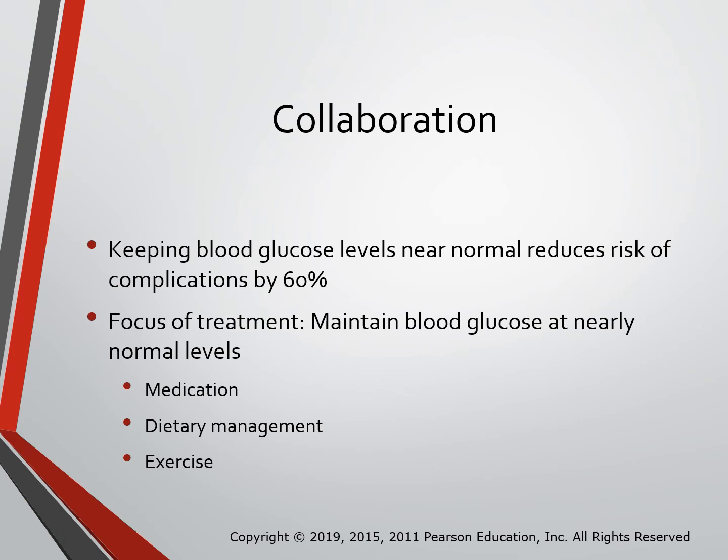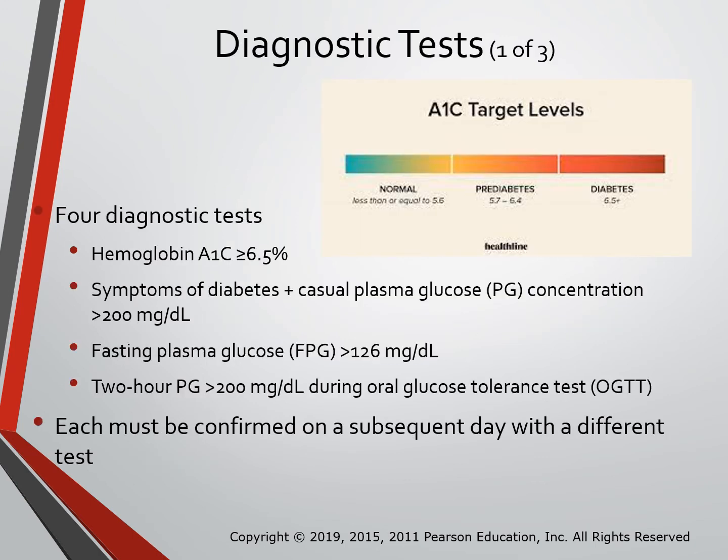Collaboration: keeping the blood glucose levels near normal reduces the risk of complications by 60%. So how do we do that? With medications, our diet, and exercise. And so we want to make sure that we're eating 3 times a day, that we are getting the proper snacks, low sugar intake,